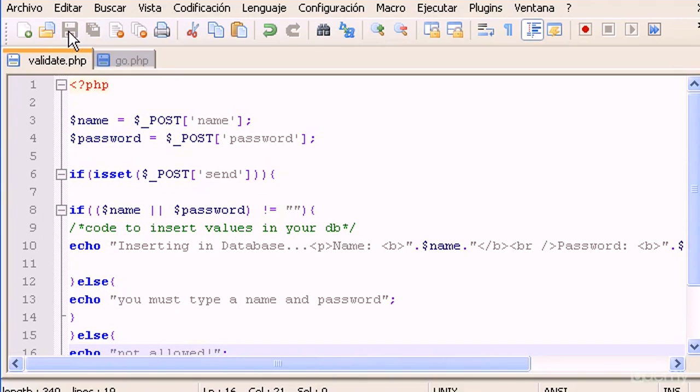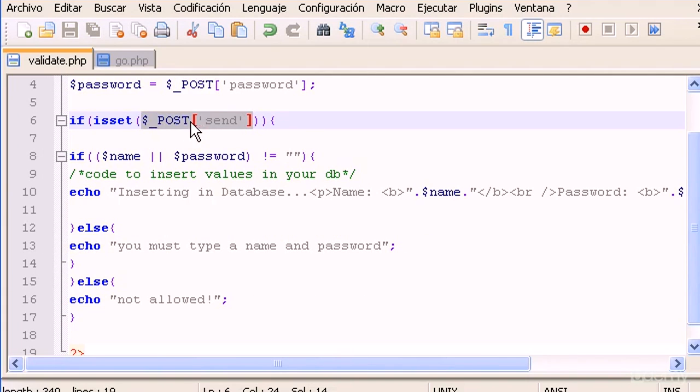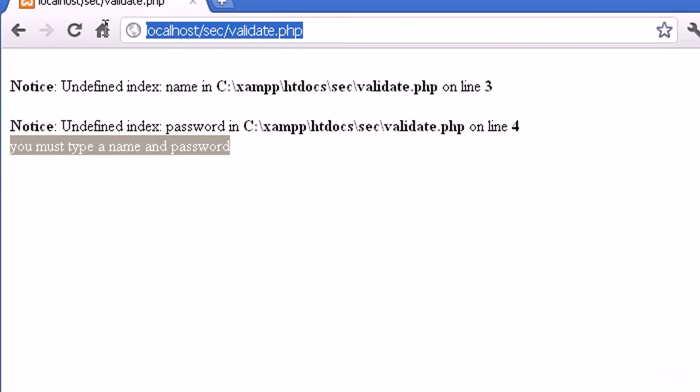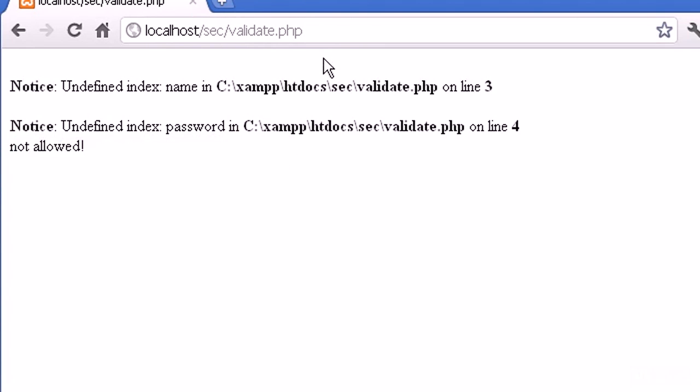Okay, so pretty much I'm saying here, if you post through the submit button, run this code, else not allowed. So what this will do is whenever anyone goes directly to load the validate.php script, it will appear not allowed. Okay,